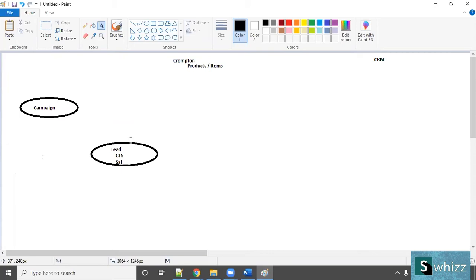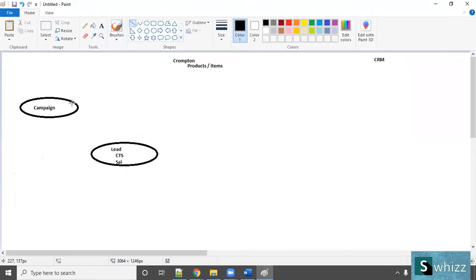So I have taken the details in the lead, like Sai is a sales manager, a senior manager, whatever it may be. He belongs to CTS, so he is doing this deal on behalf of CTS. So now, how did this lead come into the picture? Through this campaign only.